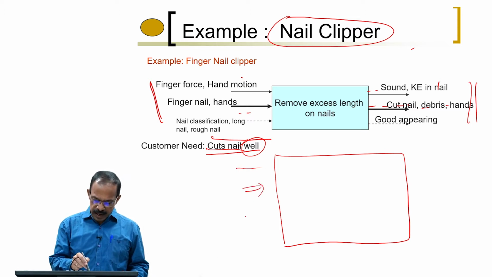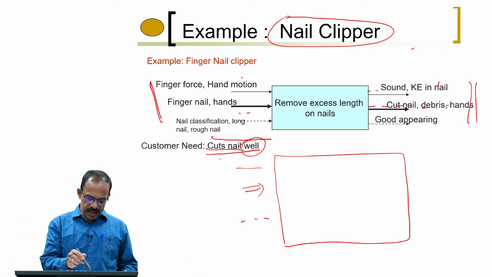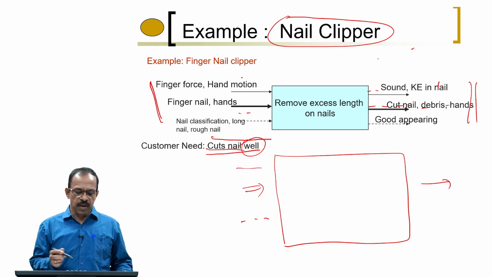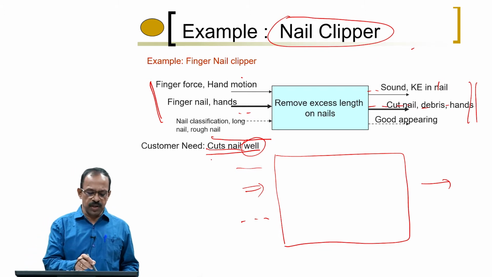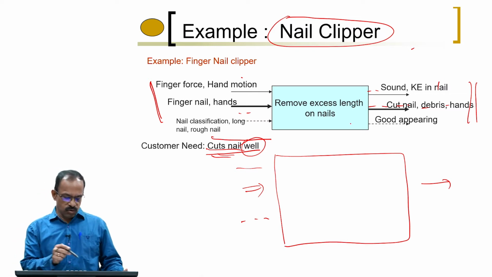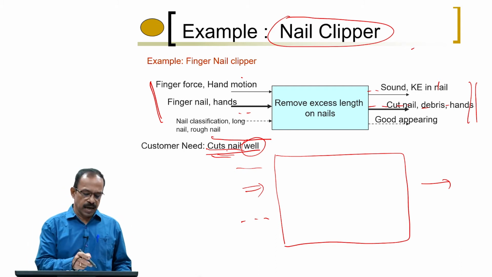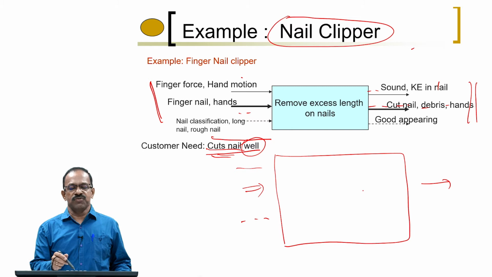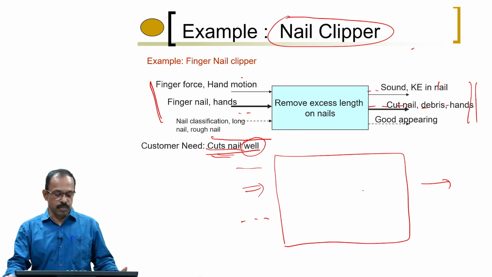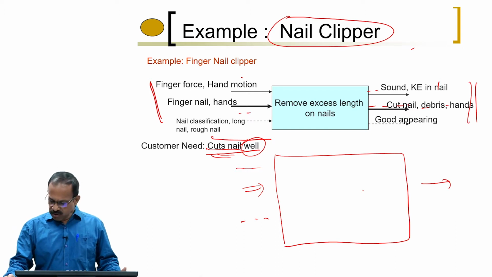So, we try to find out what kind of energy, material and information is provided and how this actually leads to cutting the nail. We are not looking initially at all the inputs, we look at only the inputs needed for this particular function, that is cutting nail. Many other things are happening in the product. So, we will look only at this part and then see which function can be modified to satisfy the customer's requirement. So, let us look at this.